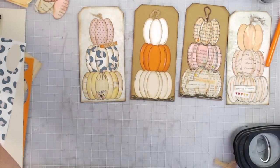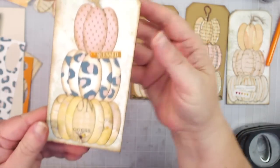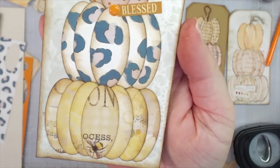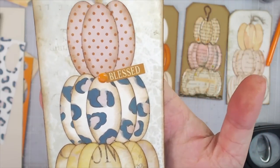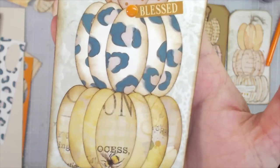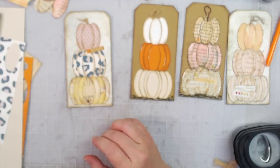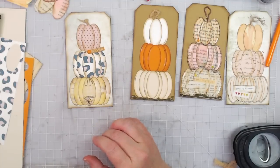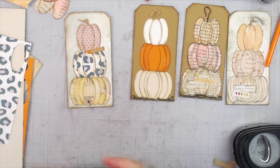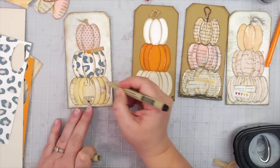Let me give you a close-up of it. I love that I can do close-ups with this, and I don't just have to give you still shots at the end. So there's that little bee on that one. Blessed with the little piggy tail stem. Love these. And I don't think I'm going to do any kind of accents on those. Should I? I don't know. Let's do just a little, barely a little black one, and see what we...